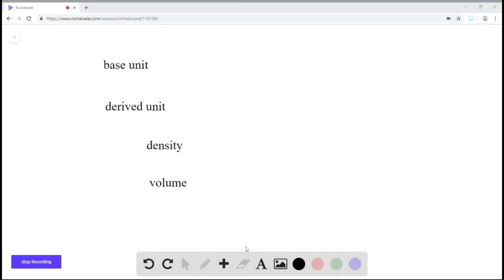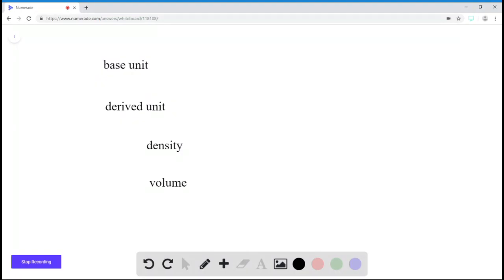derived unit. So, for example, one example of a derived unit is density. And so density is defined as your amount of mass per unit of volume. So this is your mass over volume. So you have 2 common units. You either have grams per centimeter cubed, which is typically used for